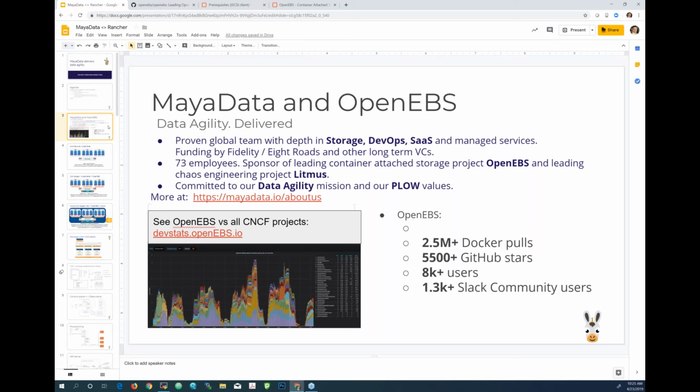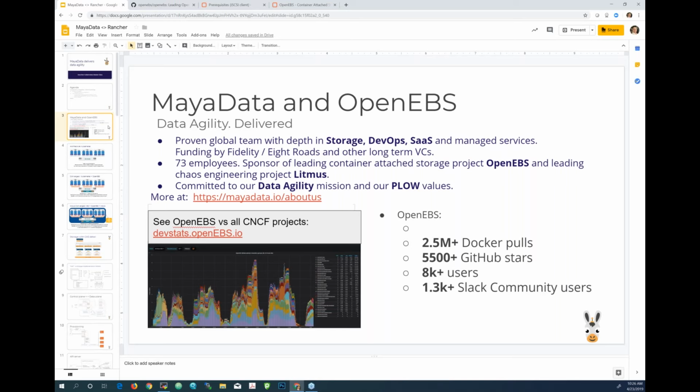And the OpenEBS project has been around since late 2016. We started around the end of 2016, almost 2.5 years ago, and have a lot of traction, a lot of GitHub stars, over 400 contributors now, a large Slack community, and hundreds of Rancher users. And that's another reason why we are here today.